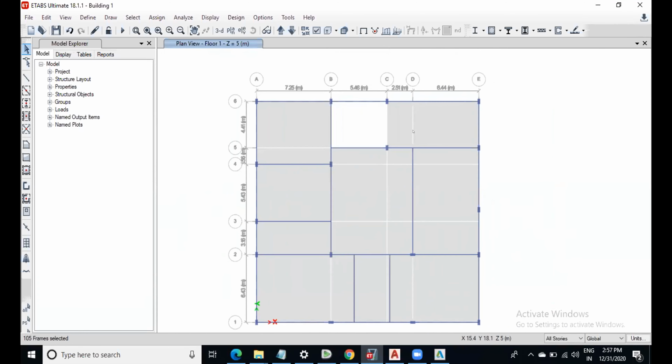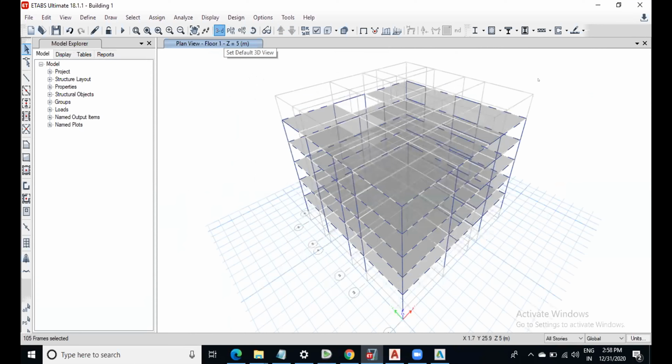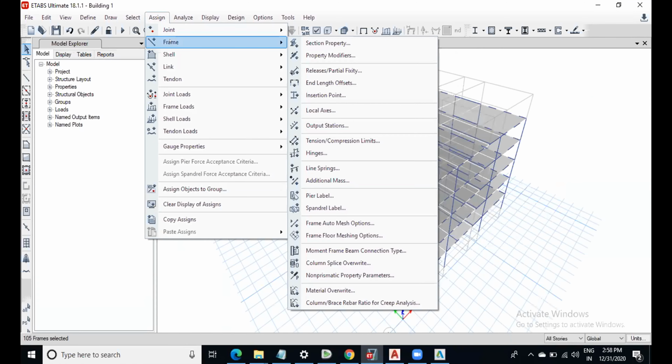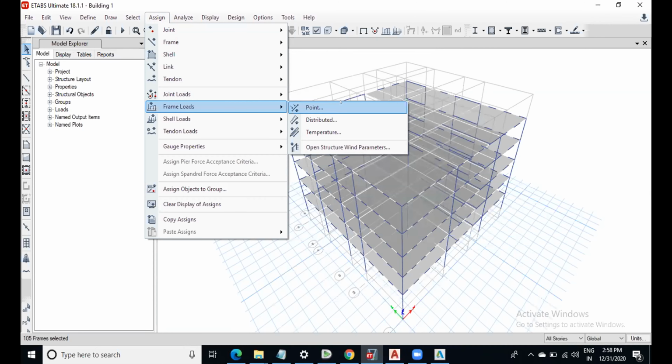Now go to the assign. Go to 3D view. Click on 3D view. Now go to the assign option and go to frame loads, then distributed.